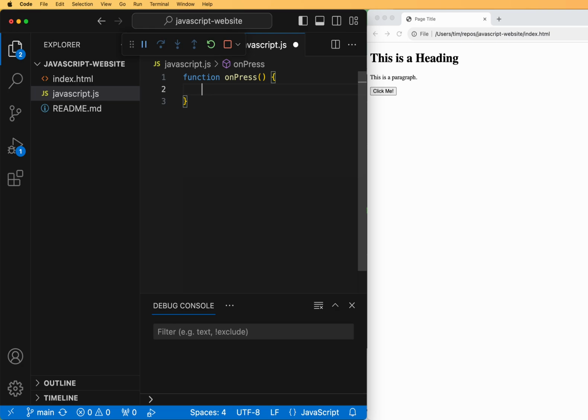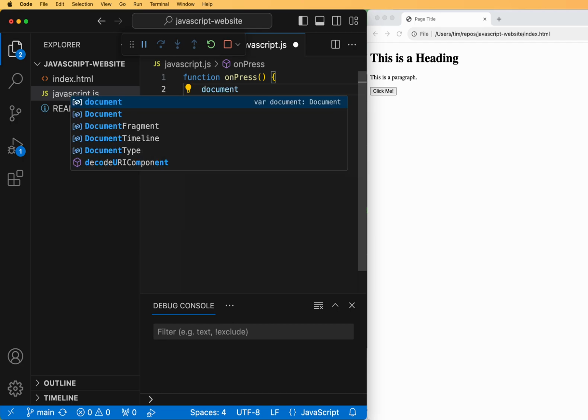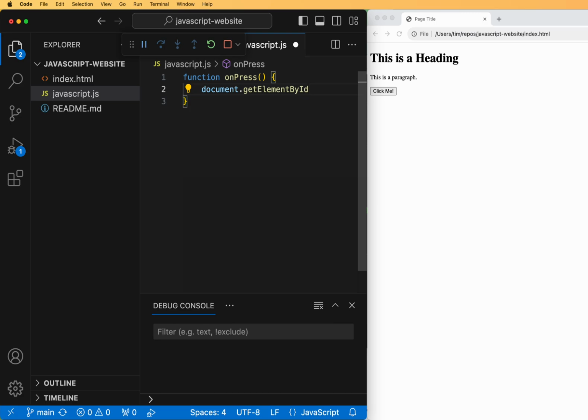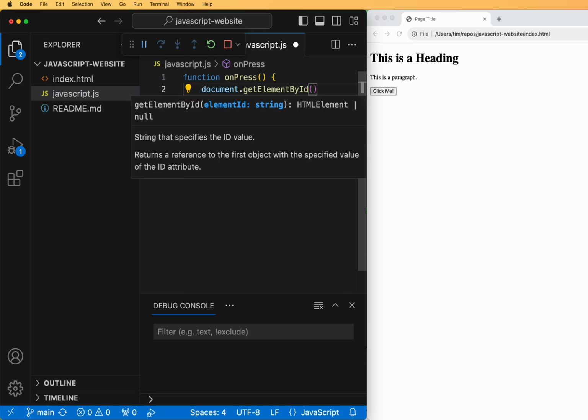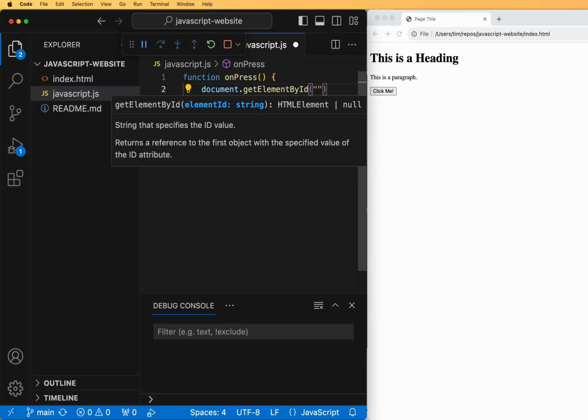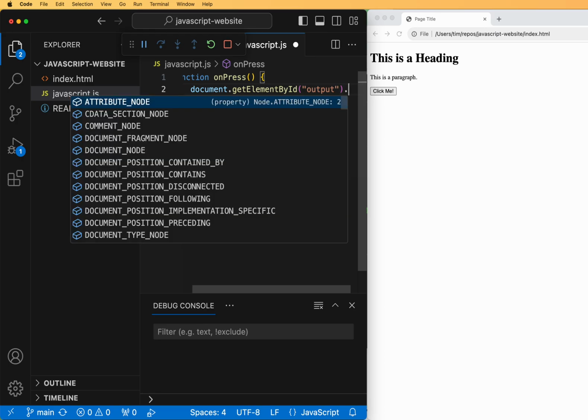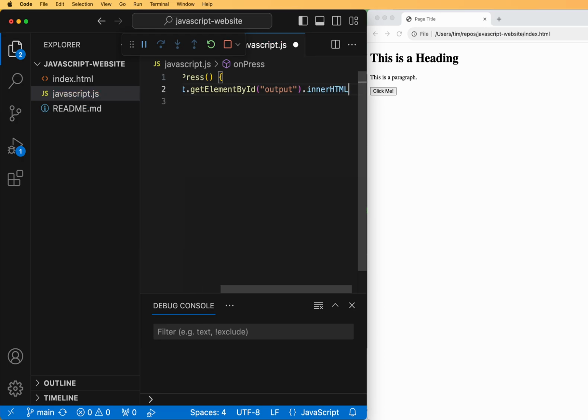And now we want to do document, which is a special word, dot getElementById. Now we want to get an element by ID and we want to call it output. And now we want to say dot innerHTML. So what this is saying here, actually before I go any further,